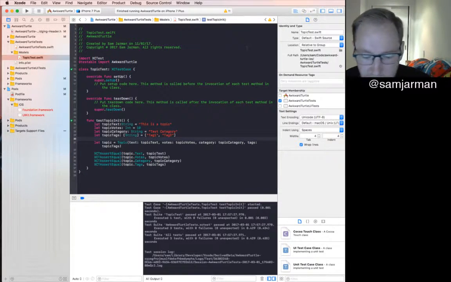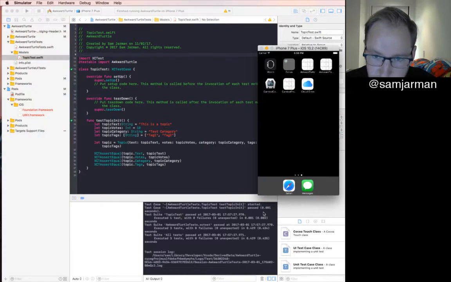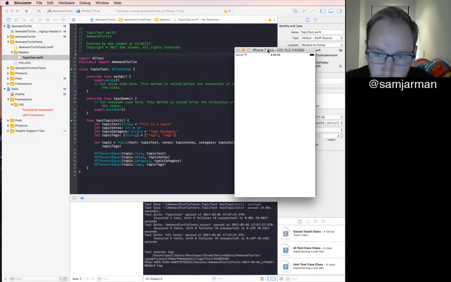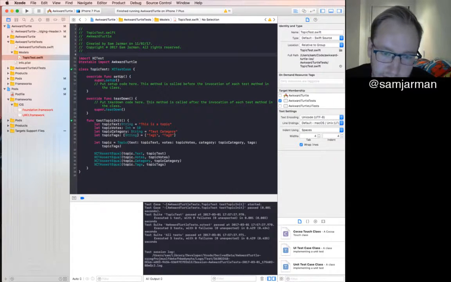So, CI. As you know, in our project so far in Orchid Turtle, we have the really simple Orchid Turtle UI. You can just talk about the cards and stuff like that.